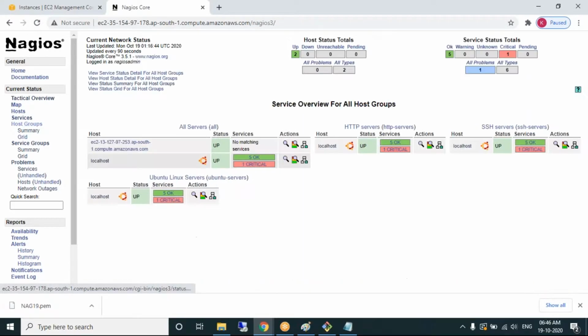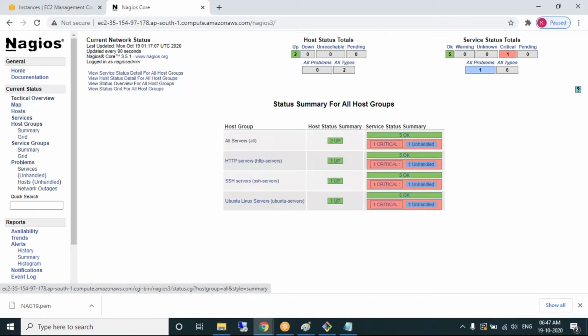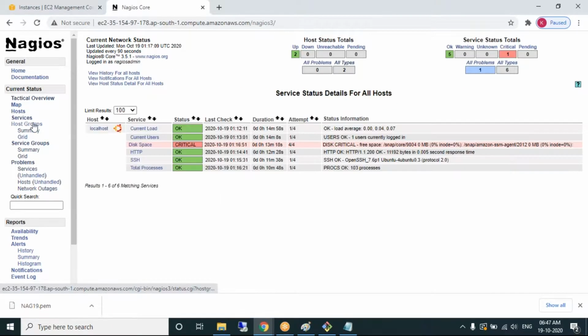Now under host groups, previously only localhost was there. Now what happened? Can you see the new machine which has been added to the dashboard? Like this, you can have all 10 machines in case you want to add 10 machines. You need to wait for some time for the metrics to get updated, but you get the same information like you are able to see in the localhost. The same information you can get in here.